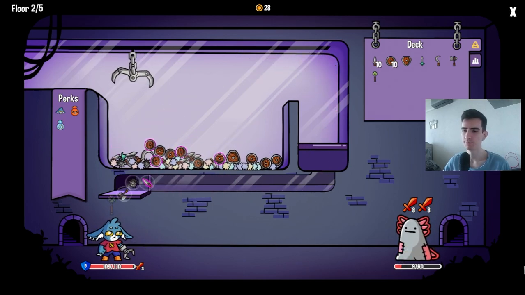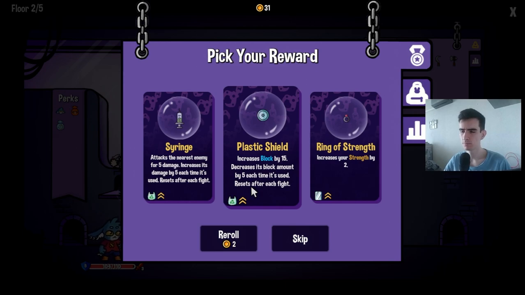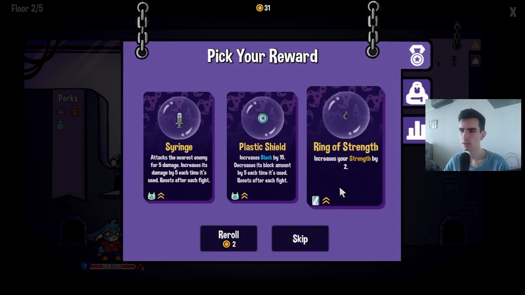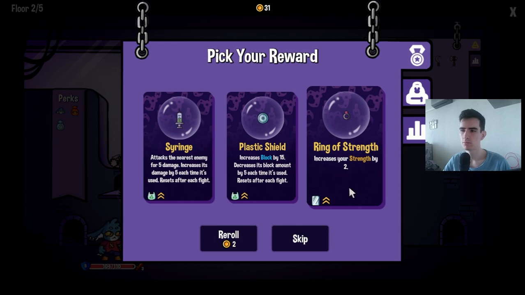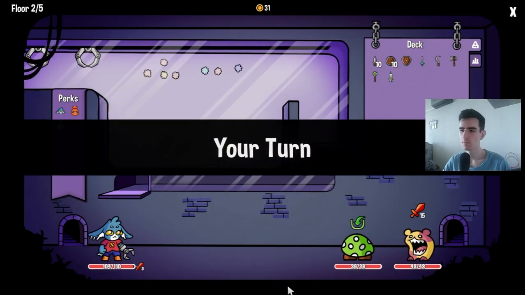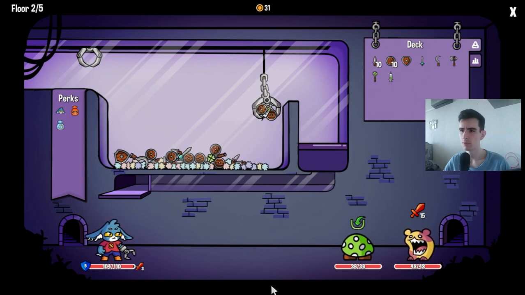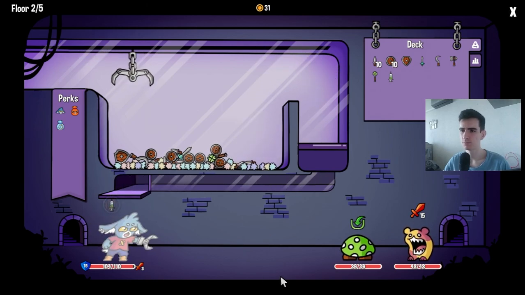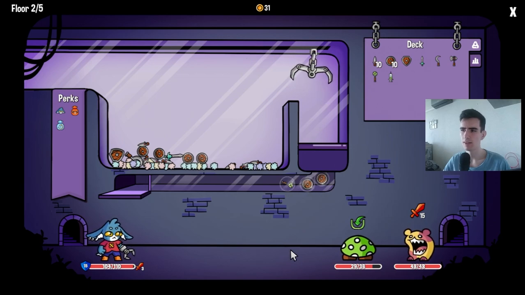Unfortunate that we got the spike there. Oh well. Syringe, plastic shield. That's not the worst thing. Or we can just get the ring of strength. Oh, so this one keeps upgrading. But how many times do we go through an item though? I guess we can find out. This is why we're here. So let's try to pick the syringe. It's gonna deal 5 damage the first time around, but then it's gonna get buffed. I would imagine that it's gonna get thrown back in